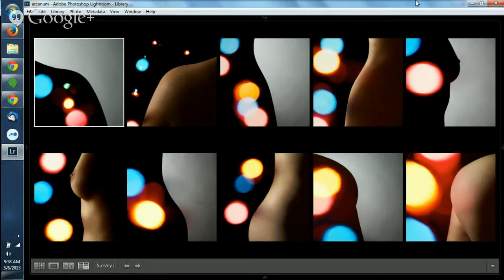Yeah. And you could still do that, but play with it. These are all vertical images too. Even if you were still doing the same lines of the body, it would definitely change the look by just rotating the images. Or if you're doing it in camera, rotating her, having her lay on her side, even though it's still the hip, it would have put the lights above her or below her.